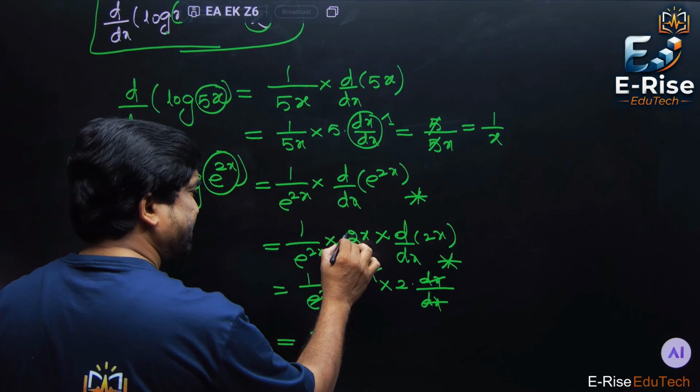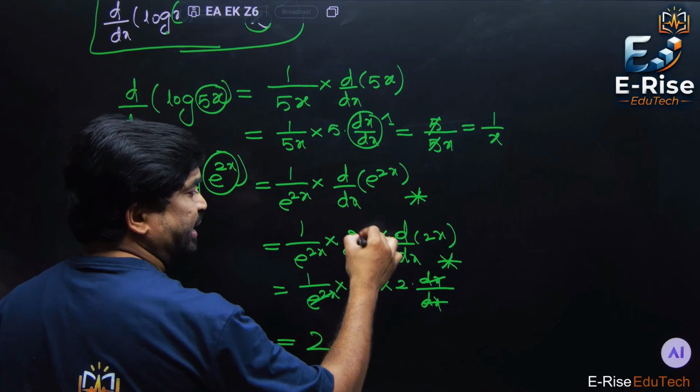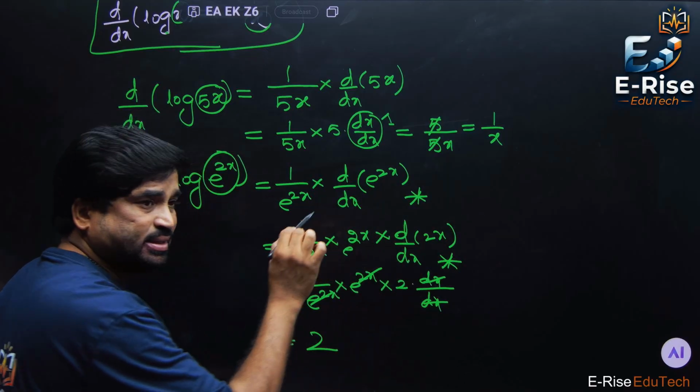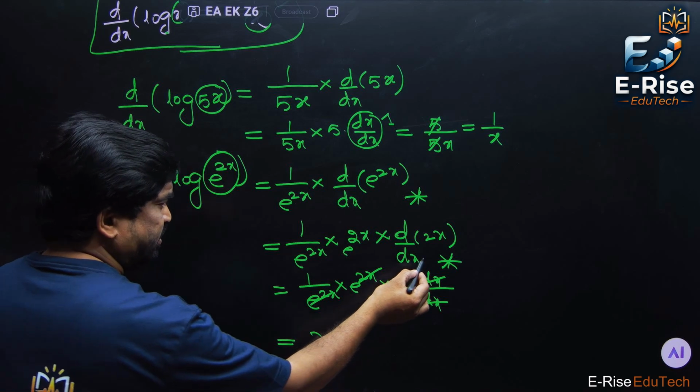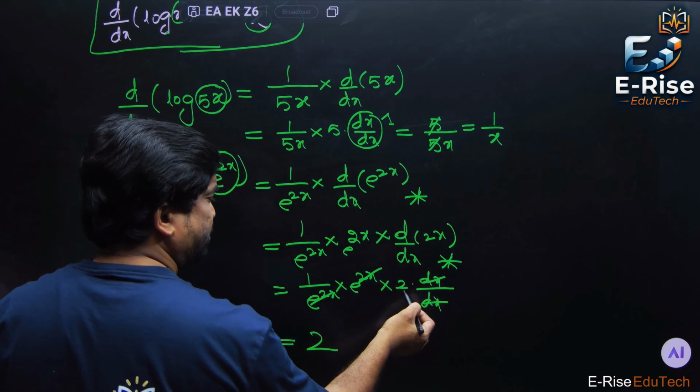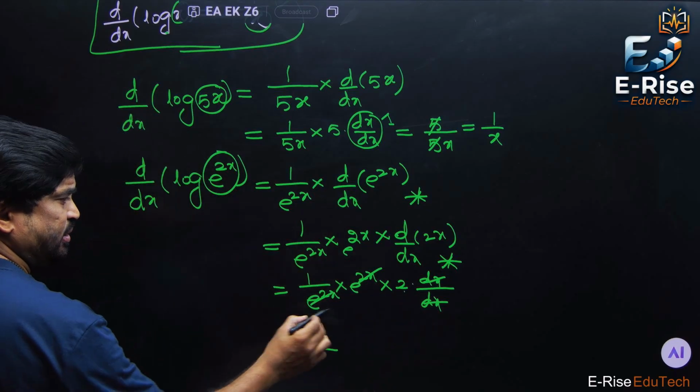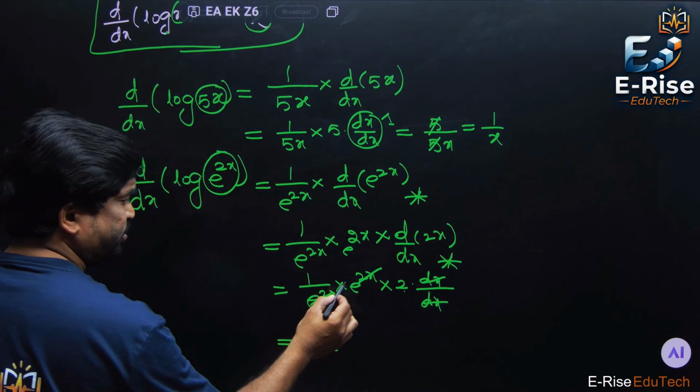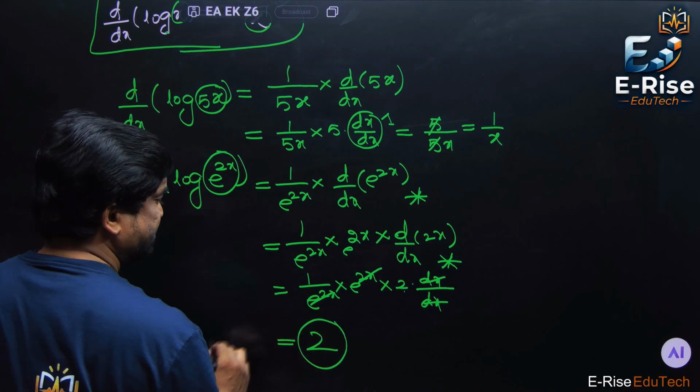And here in place of x, 2x is there; in that case, again apply the internal differentiation for 2x. Next, 2x differentiation is 2 only, 2 into d by dx of x is 1 only. So this one cancels, e power 2x and e power 2x. So the final answer is